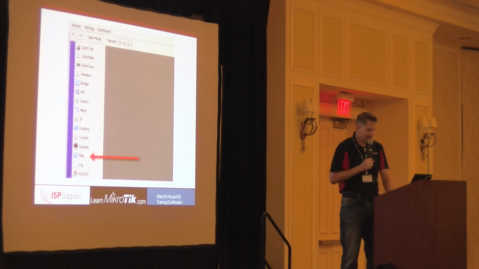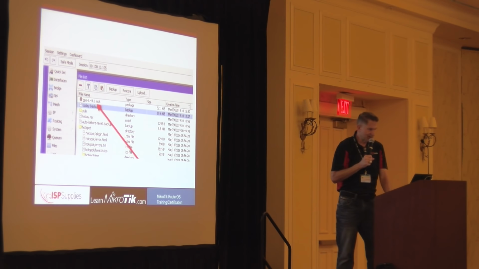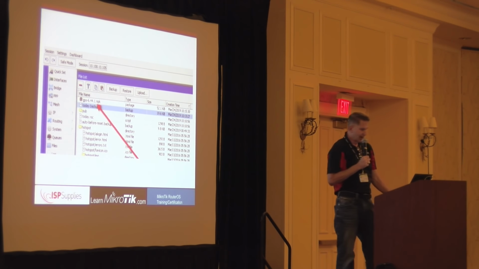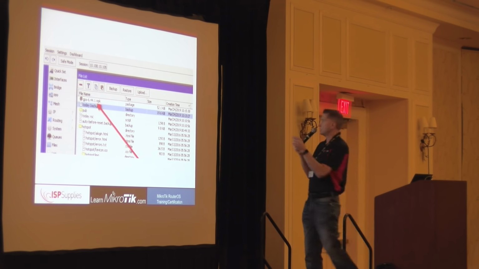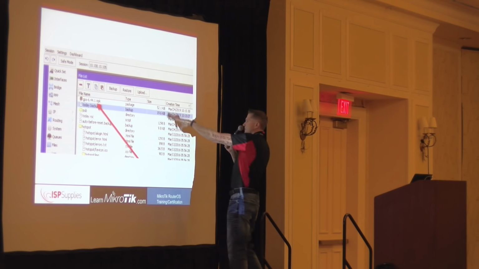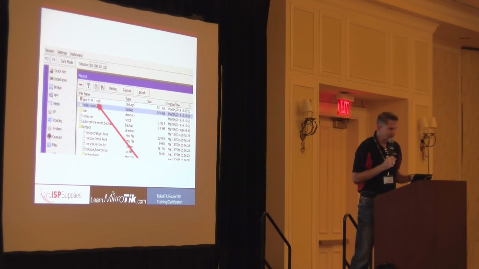Once you've gotten that file and you've expanded the zip and found what you wanted, you drag it into your files window. Or somebody showed me yesterday, you don't even have to have the files window open. If you just drag into that gray space in Winbox without any windows open, it will put it in the files list. I just learned that for the first time.